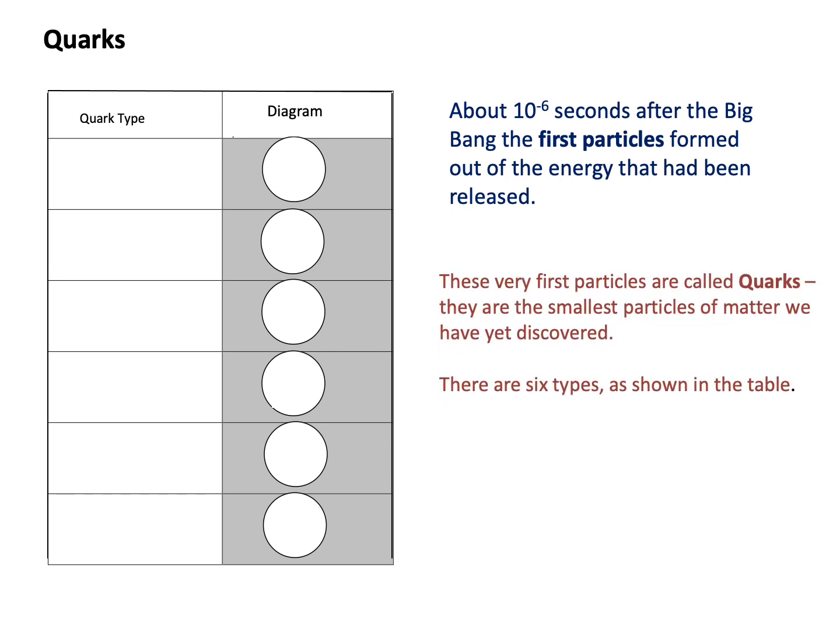And these particles, given the name quarks by physicists somewhat humorously, really an invented word, are the smallest particles of matter we have yet discovered. And all of our experiments show there are 6 different types. There's the up quark, and its symbol is U. The down quark, symbol D. The strange quark, symbol S. The charming quark, symbol C. The top quark, symbol T. And the bottom quark, symbol B.